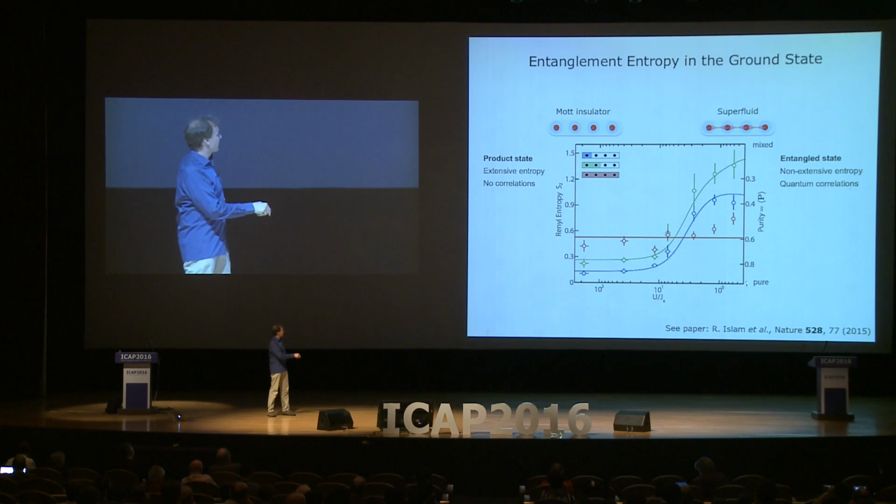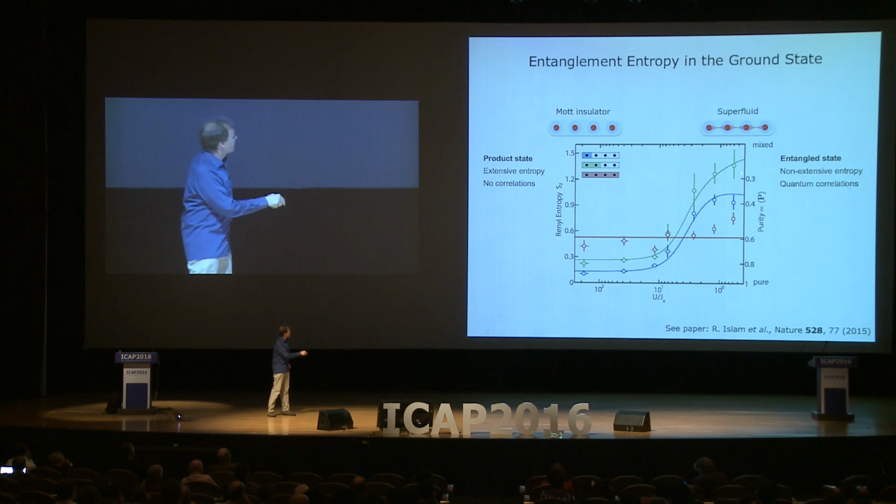If the parity of the measurement is always even, it's very pure. And across this transition, the system stays pure. But if I look at the subsystem of 1 or 2 sites, for the Mott insulator, a subsystem is even more pure, and that means there's no entanglement. But on the superfluid side, with fixed particle number,